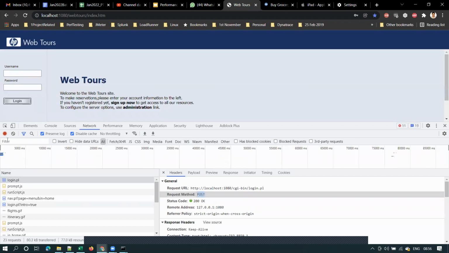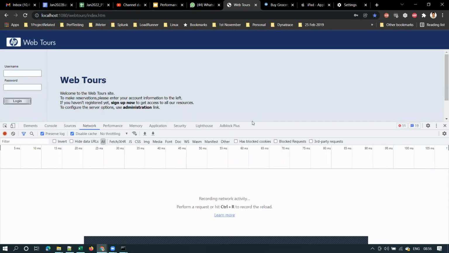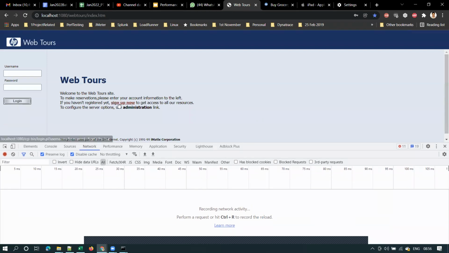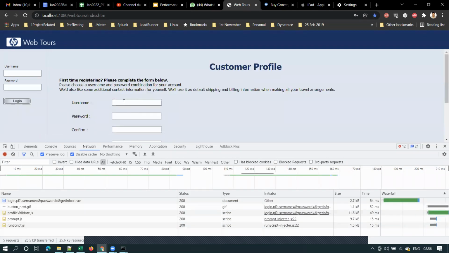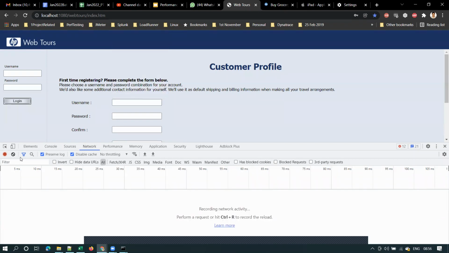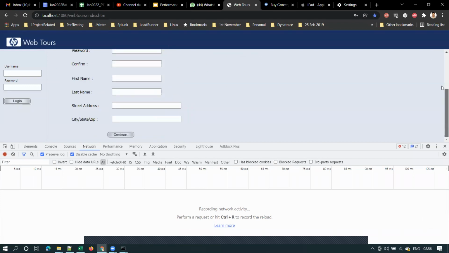Now, what are the other instances? Let me show you one more example of a POST request. Here there is an option to register on this website, right? There is a sign up option, and suppose you are submitting your username and password, so basically you are submitting an HTML form, right?